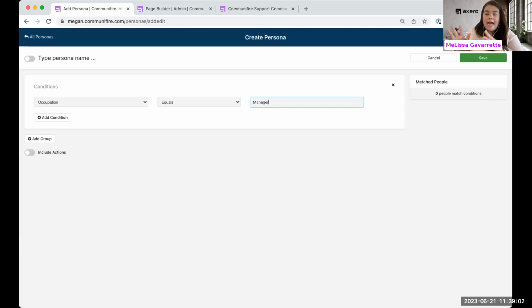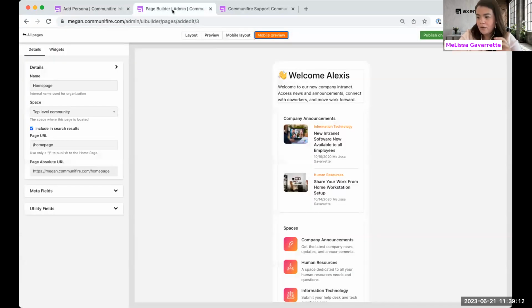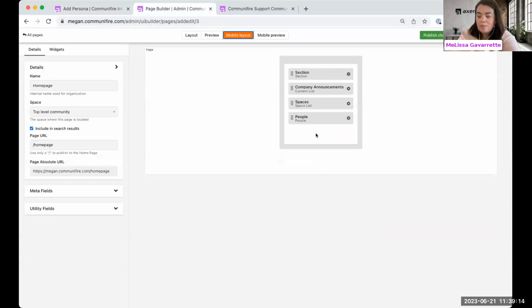So with the mobile app, the Communifier app is what comes standard. The actual page builder for the mobile app is the thing, and that was, in case you're like, what is she talking about? And you are like me. This mobile page builder does not come standard. You will have the freedom to arrange it, create different widgets. If you have nothing on this page, it's going to default to the activity stream on the mobile